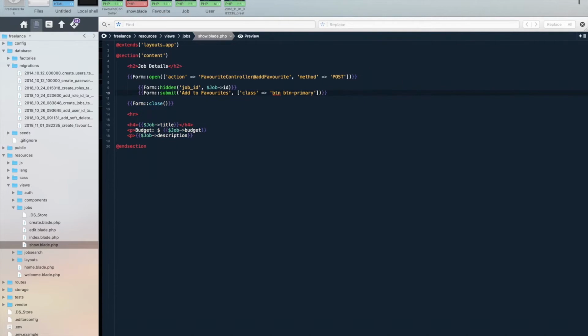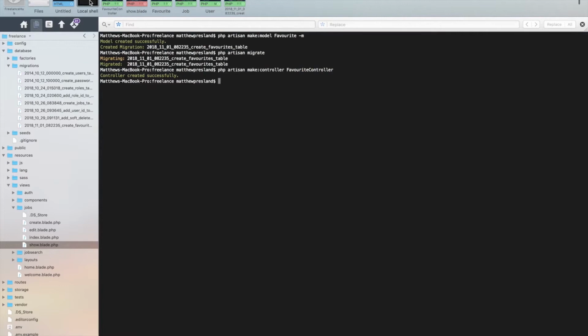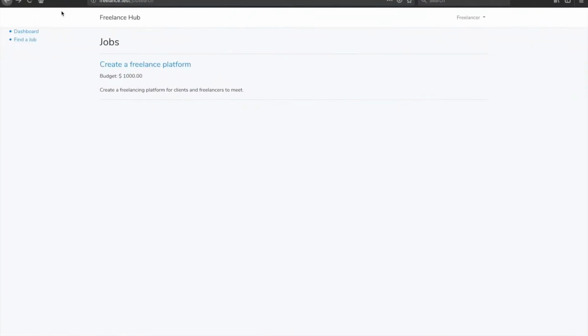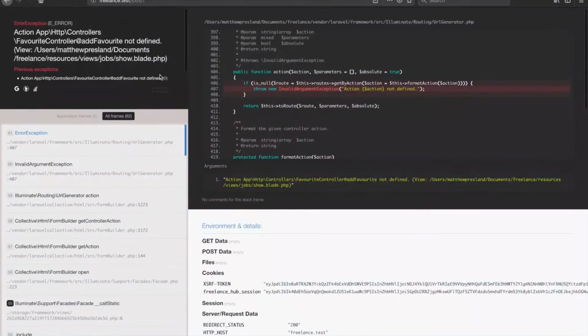Okay, and there we go. So we've done our migration here. So now we should just need to go back into this job here. Okay, if you have a look here, even though we've defined where we want to go in our form, so